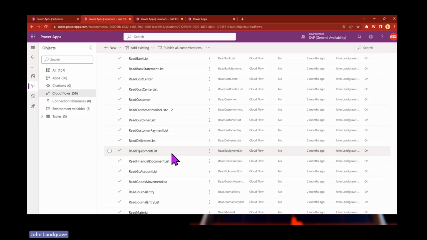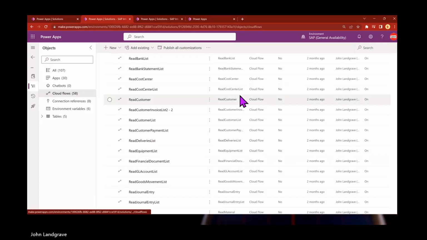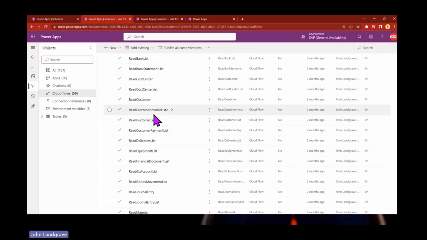So we do recognize the need to make ECC data more easily accessible to Power BI, and we understand that need. We're working on that, but to be clear, the issue here is the lack of a query processing function, which BW provides for HANA, but there is no equivalent for ECC. So we're working on making that easier. Okay. So let's take an example of one of these flows, just so you get some flavor for